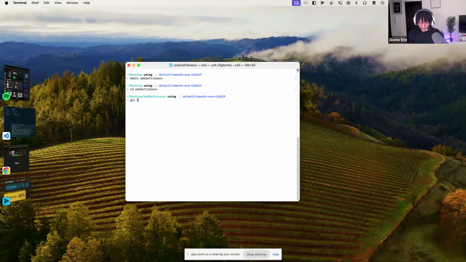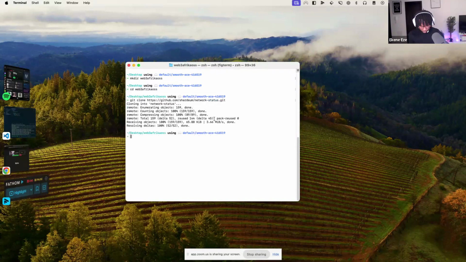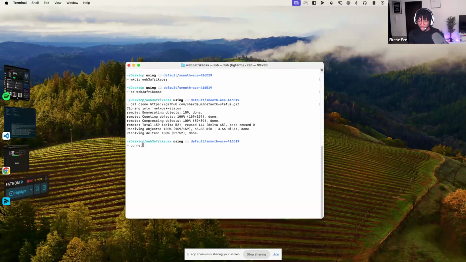And then I'm going to clone this repository. It's called network status. So now I can go inside. Oh, let me zoom in. I usually forget that it can be small for you guys. So now that I'm in network status,